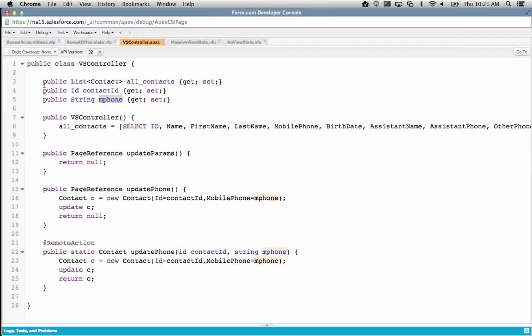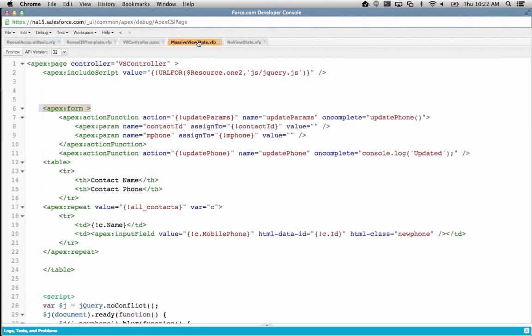Another thing that we can do before we get into any of the other features of Visualforce is make this transient. Transient is a keyword that says, I'm going to send this down to Visualforce, I'm going to bind it using Apex form and using Apex components, but I don't expect to ever see it again. The controller is saying, I do not expect this to return to me. Since I'm not expecting it to return to me, it doesn't have to get put into the view state, because it's not part of that Polaroid image that we're sending back to that guy from Memento. So I'm going to hit transient and hit save, and then go back to this page,